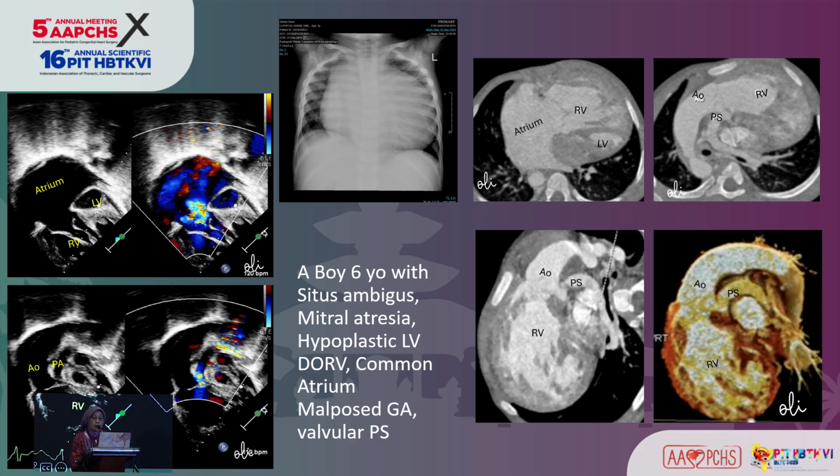Last case, a boy, 6 years old with cyanotic heart disease, dyspnea and cardiomegaly with suspected complex congenital heart disease. The echocardiography examination revealed right atrial isomerism, mitral atresia, double outlet right ventricle, inlet VSD, secundum ASD, malposition of the great arteries with valvar and subvalvar pulmonary stenosis. Cardiac CT examination confirmed the diagnosis and gave additional information in terms of a small RPA due to compression from the ascending aorta and aortic arch. The patient is planned to undergo univentricular repair with RBT shunt and preparation of proximal RPA as a bridging procedure.